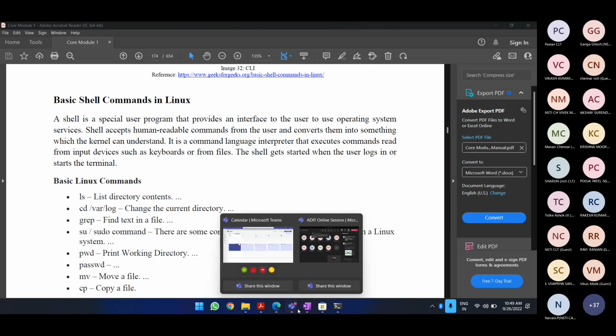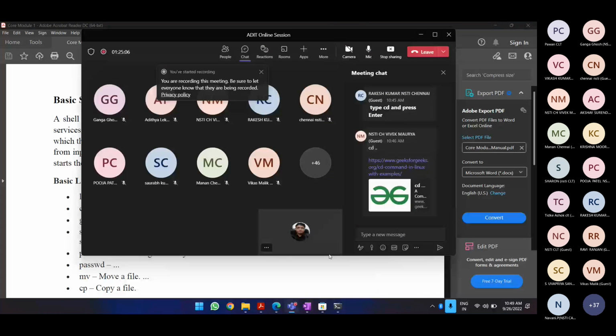But what I wanted to know right now is how many of you did try downloading this WSL functionality or a complete Linux functionality, or how many of you have computers which have Linux available?